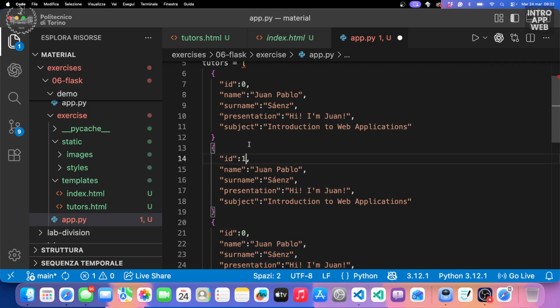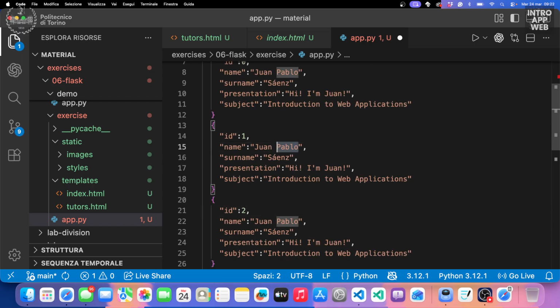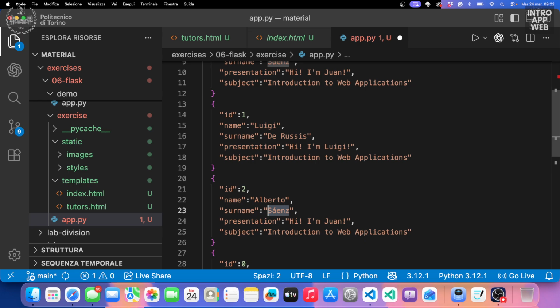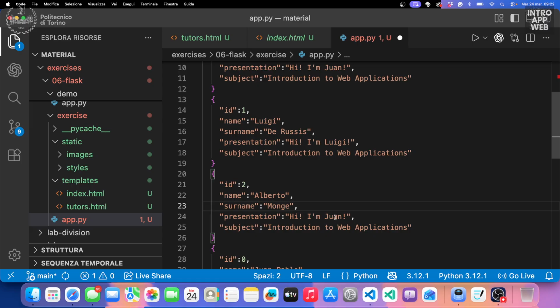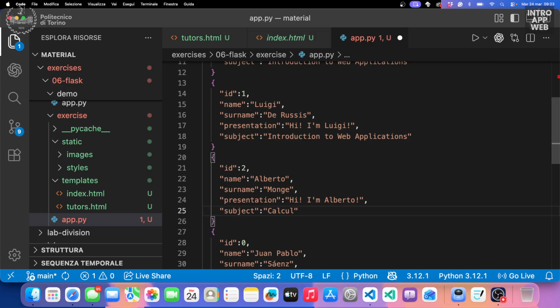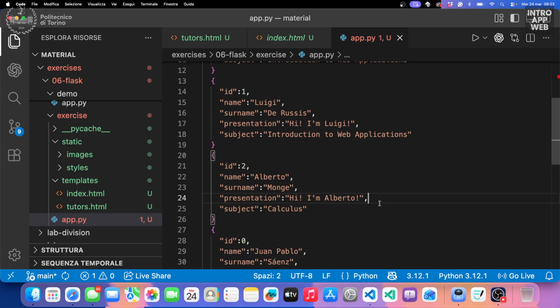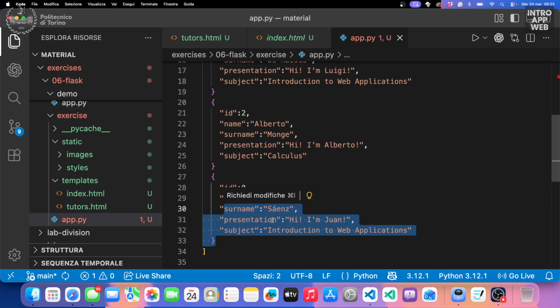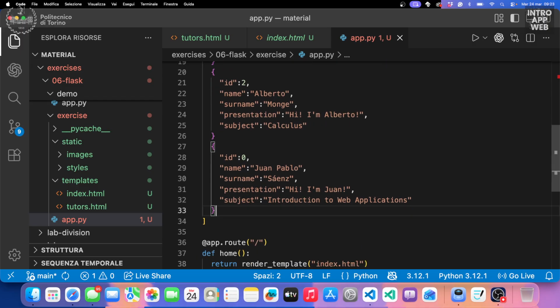So, for instance, the other tutors will be ID1, ID2. One, two. Well, let's try with